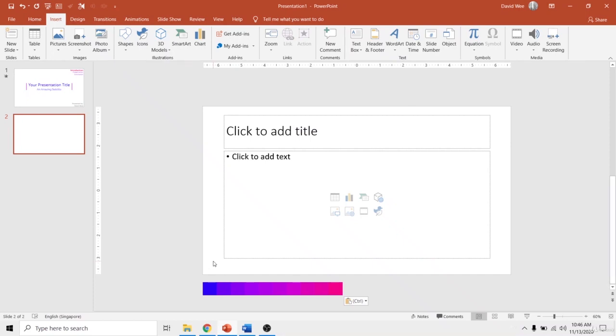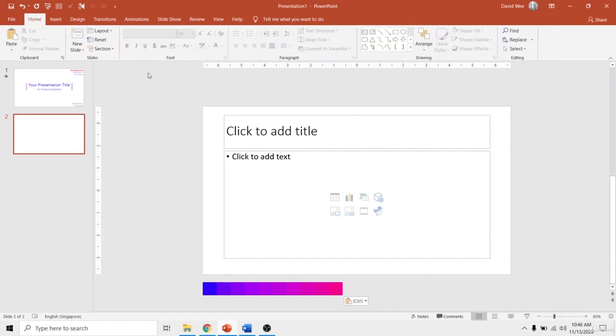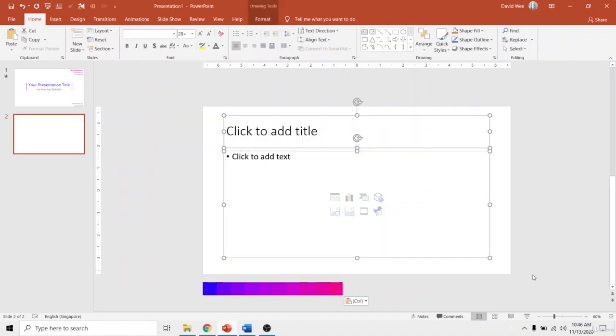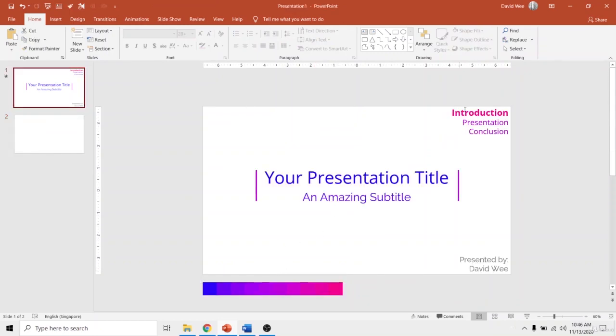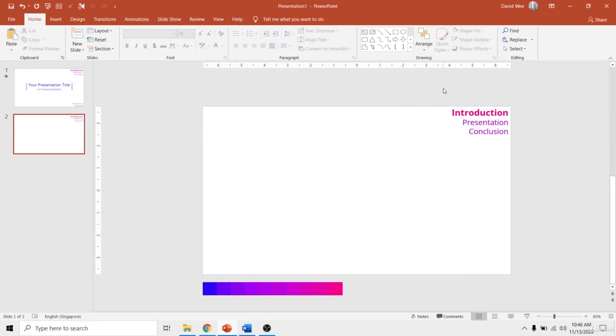Now we are going to be designing an agenda slide. So now we're going to delete everything on the slide first, and if you haven't already, copy and paste the color scheme. Now we're going to copy and paste the indicator and place it over here. Now we are going to be doing an agenda slide, and we are going to need to find a